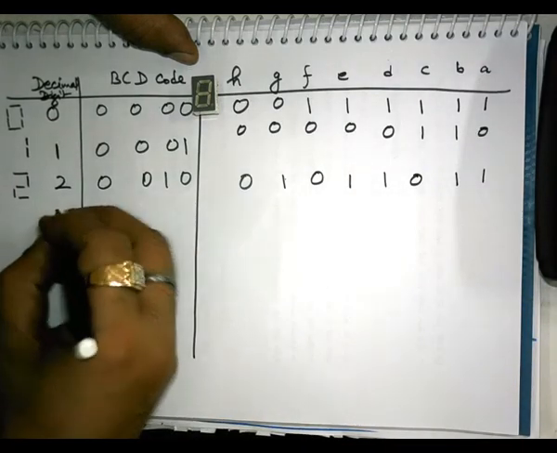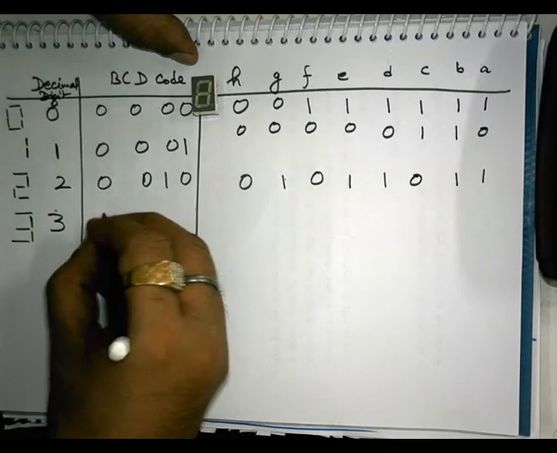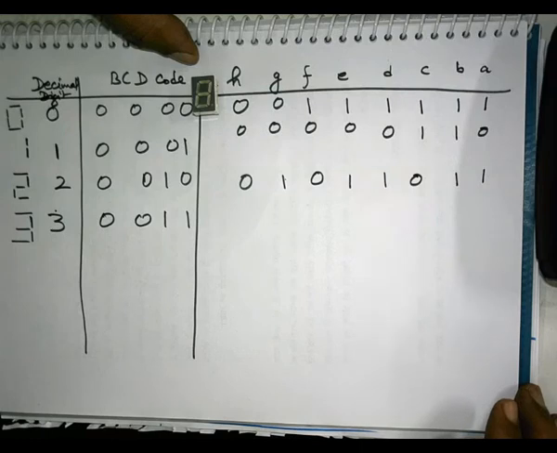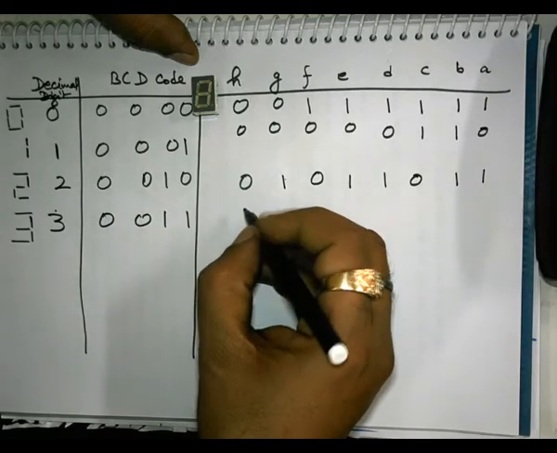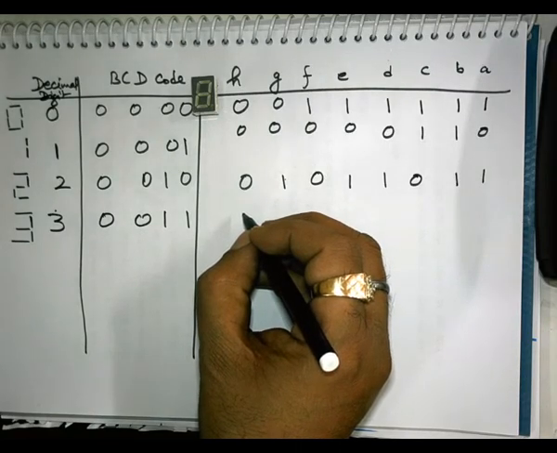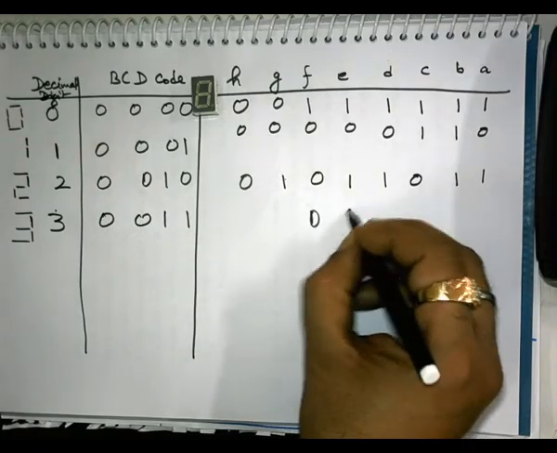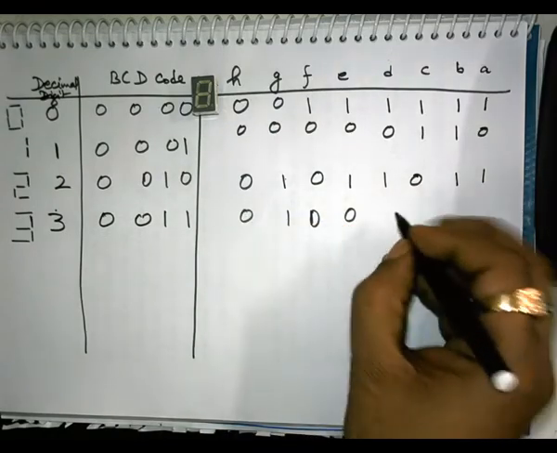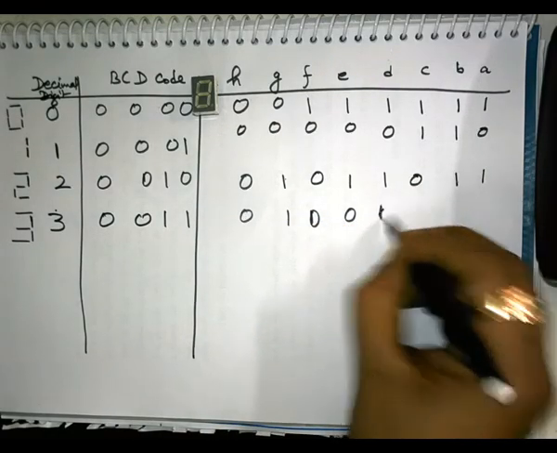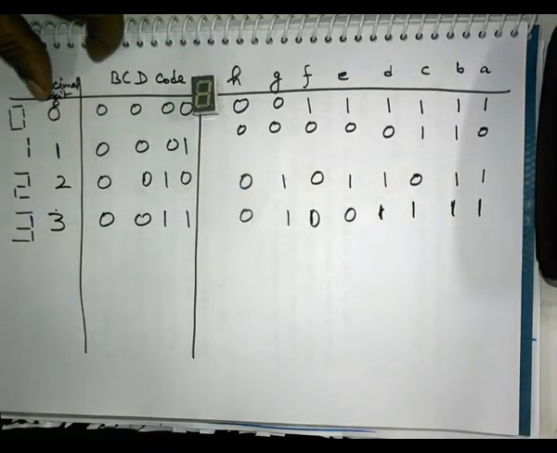Got the point? To display 3 should be displayed like this. Okay. And for this you will supply this as your input. 0011 will be supplied as input. Got the point? And what should be there in the display? For 3, F and E should be 0, rest other should be 1, 1. Am I right? And H is 0. Okay. Okay. Got my point? So this way you will make table up to